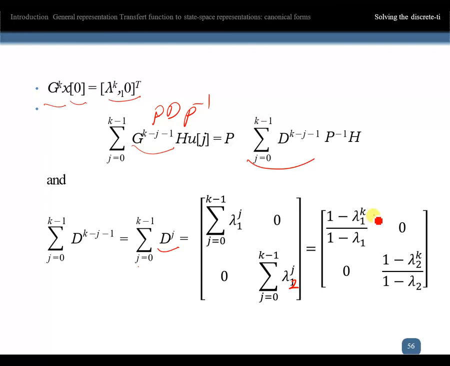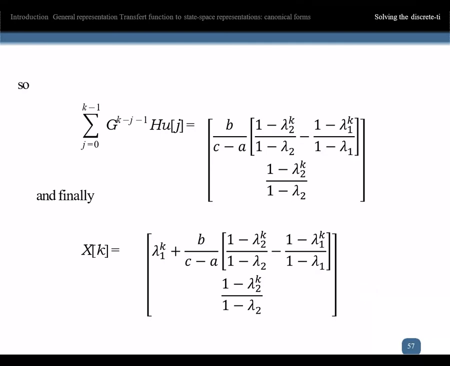I put the eigenvalue of the system here and the second eigenvalue here. Then G^(k-j-1) Hu(j), I multiply by the input value. In the final, you can find the x